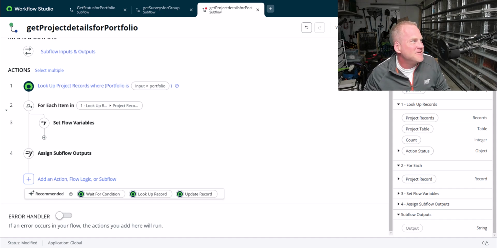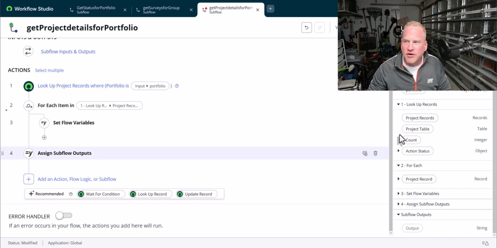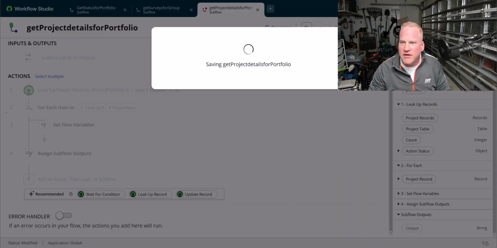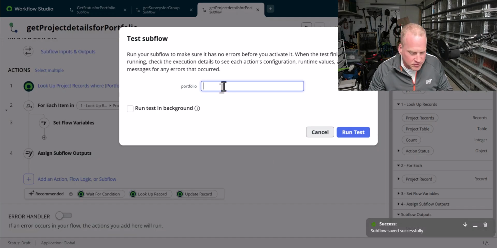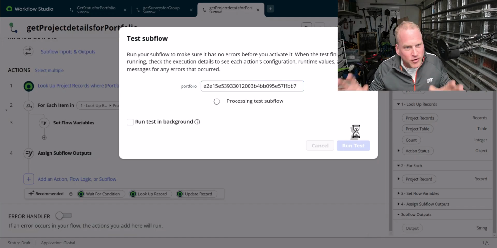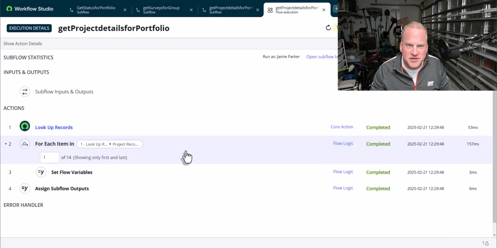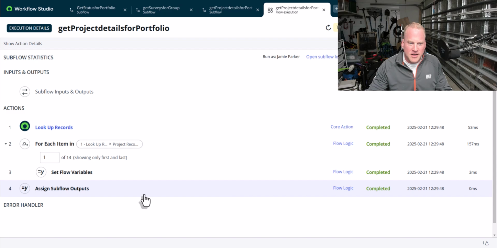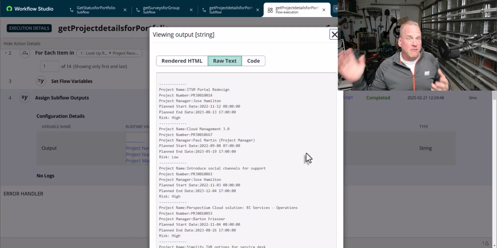So now what I want to do is I just want to get an example of a portfolio sysid. I've got that on another screen magically over here. So now I can save my record and let's go ahead and test this. And if this doesn't work, I'll be disappointed, but disappointment's something that we all have to deal with sometimes. Hopefully we'll cross our fingers. This should be good. This should be easy. It's run. We can click down here. Let's look at our flow values. And there we are. We have got all this